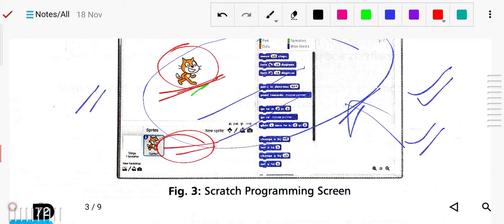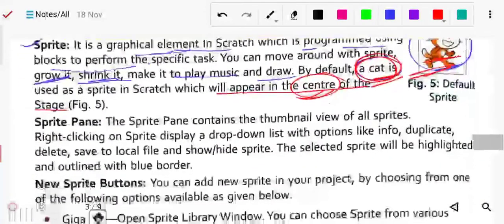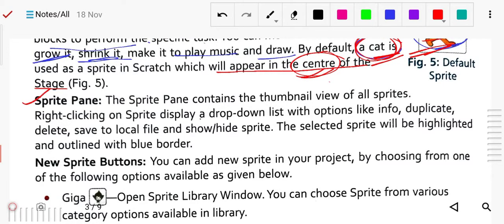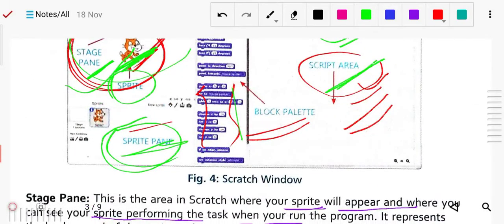Here your different sprites will be displayed in thumbnail view, which we will also study. Next is the sprite pane. The sprite pane contains a thumbnail view of all sprites, meaning however many sprites we have used will be displayed here.